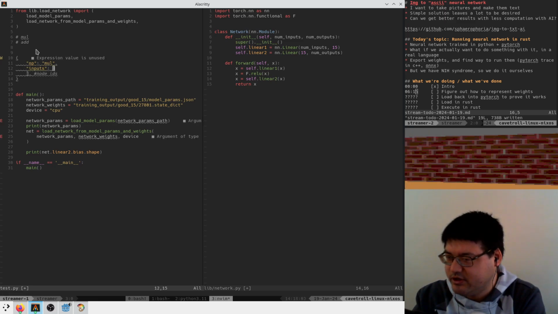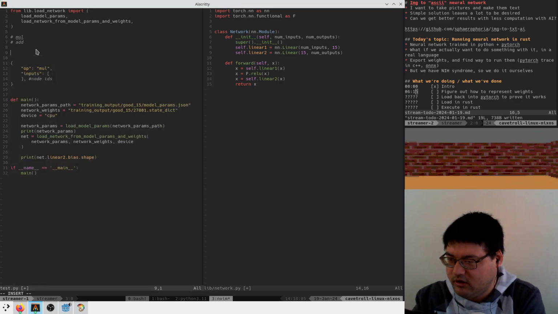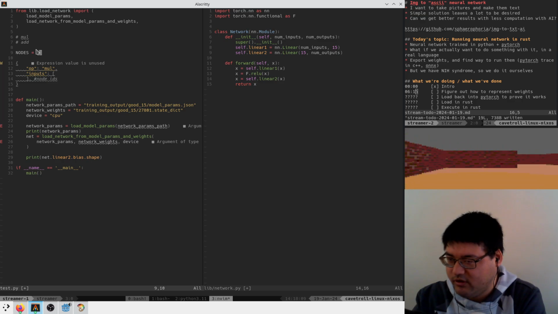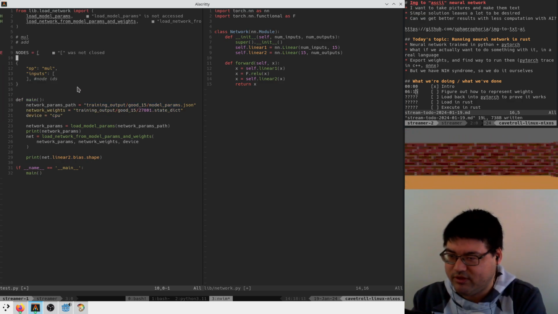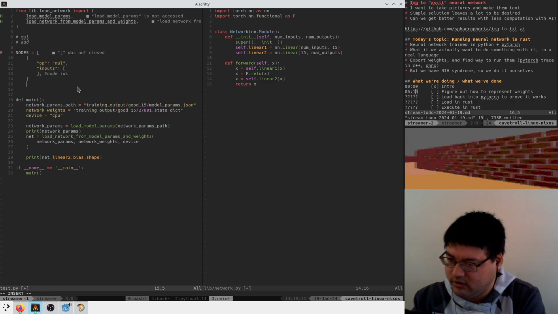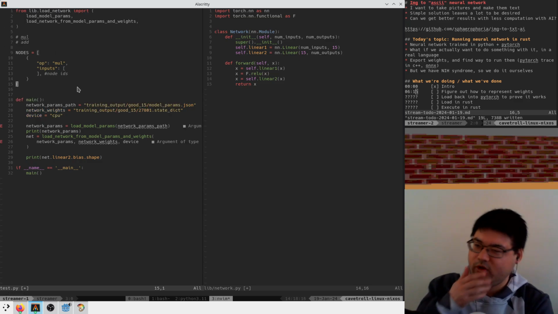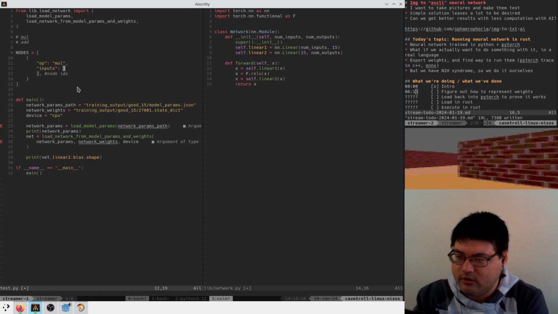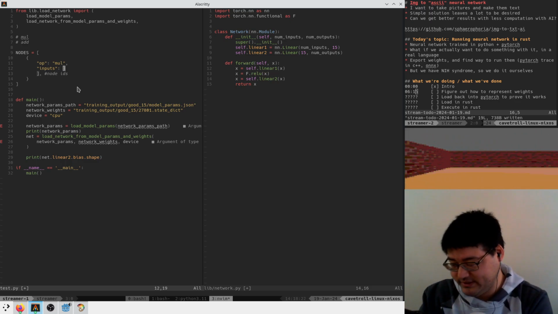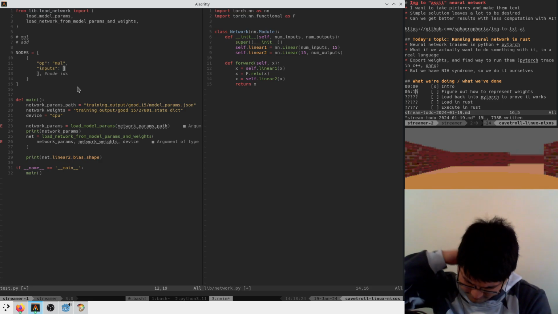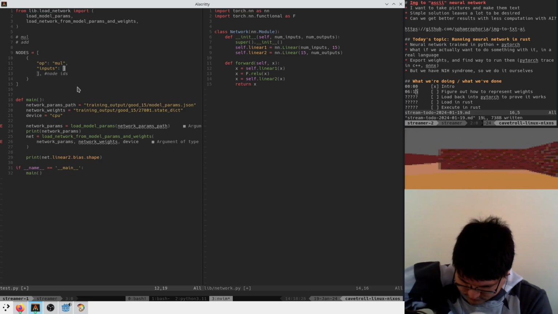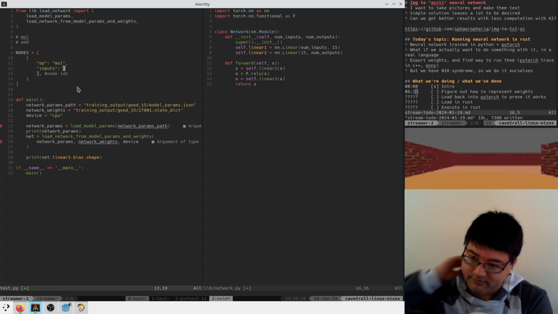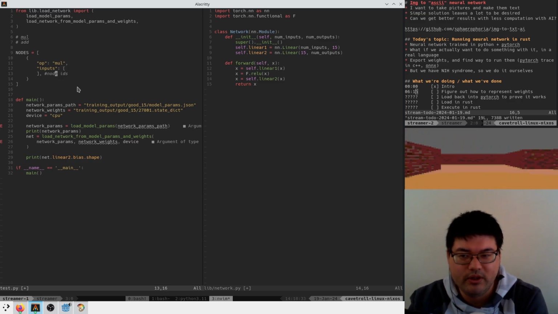So we would have something like nodes, which is an array of things that look like this. And for each node, it might have an input that is another node in the graph,